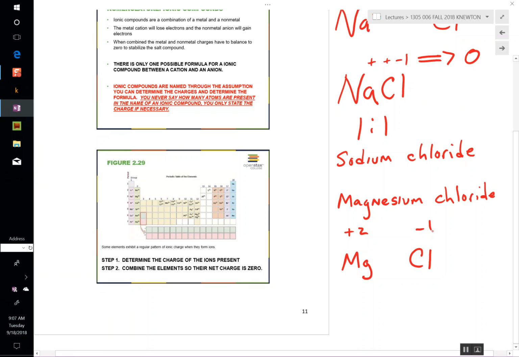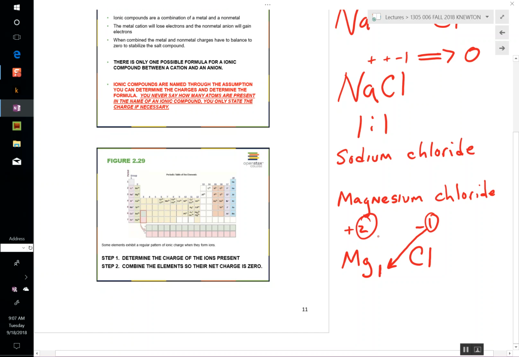So if we put these together in a 1-to-1 ratio, it's not going to be neutral, is it? +2 -1, it would be a +1. Magnesium chloride is not positive, it's neutral. So if we take that number, transfer it right there, and we take that number and transfer it right there, we get